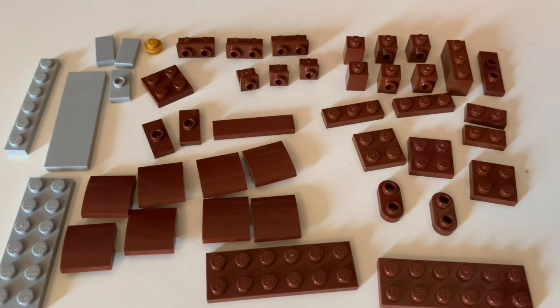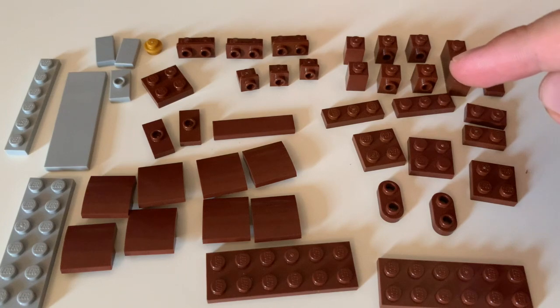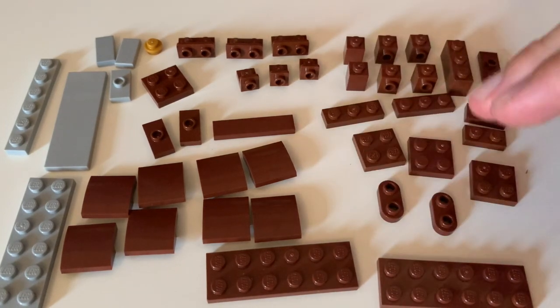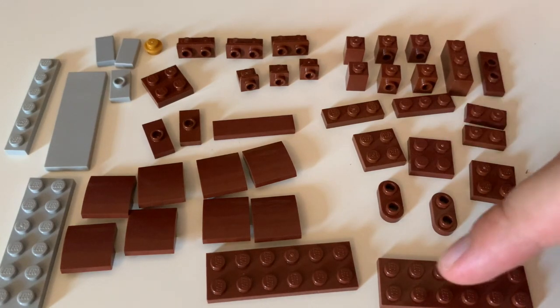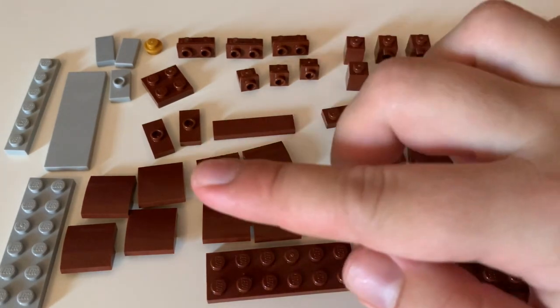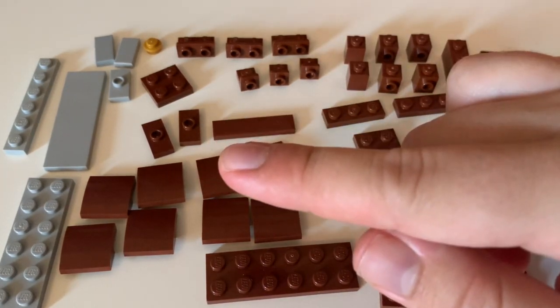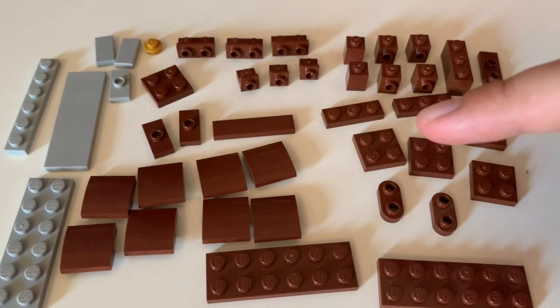So I'll just quickly run through the pieces that you need. There's quite a few of them, and a lot of them are reddish brown. So what I will do is I'll do all of those and just won't say the colour. Assume it's reddish brown if I don't say anything else. So we've got 2 2x6 plates, 8 2x2 curved slopes, 2 1x2 jumper plates, 1 1x4 tile, 1 2x3